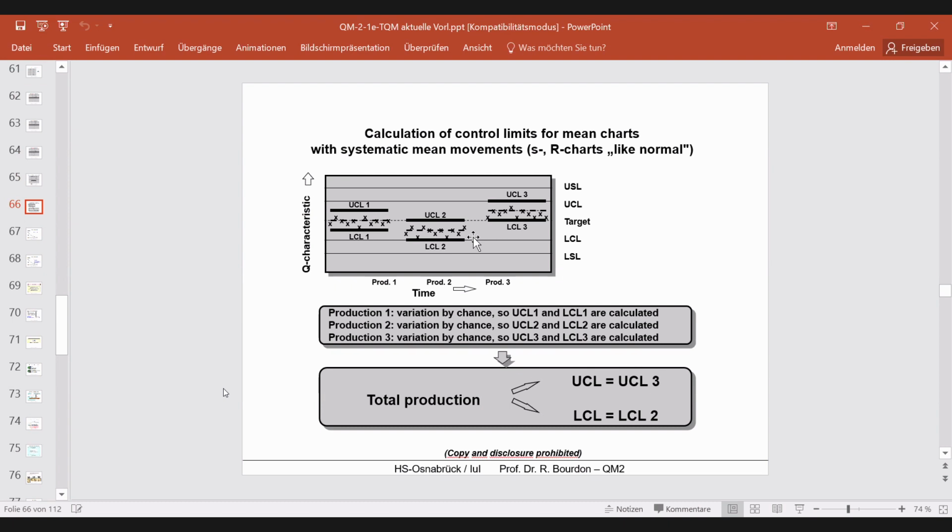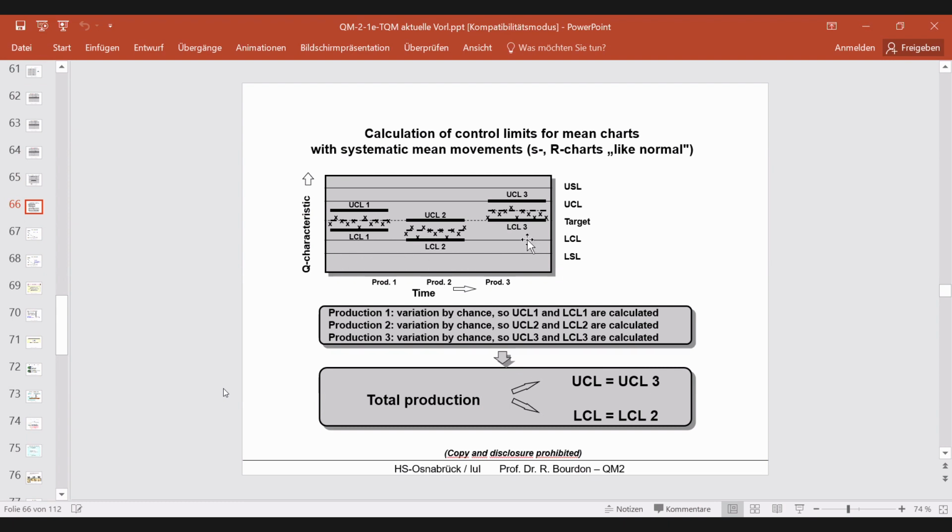and the same production 3. Maybe they stop the production again for 1 or 2 months, and then they go again into the process and they are producing a third time here, several products, and this is the third production. Between every production, you see a difference of the mean. So this means the mean in every production is another mean than in the production before. And here, in this case,